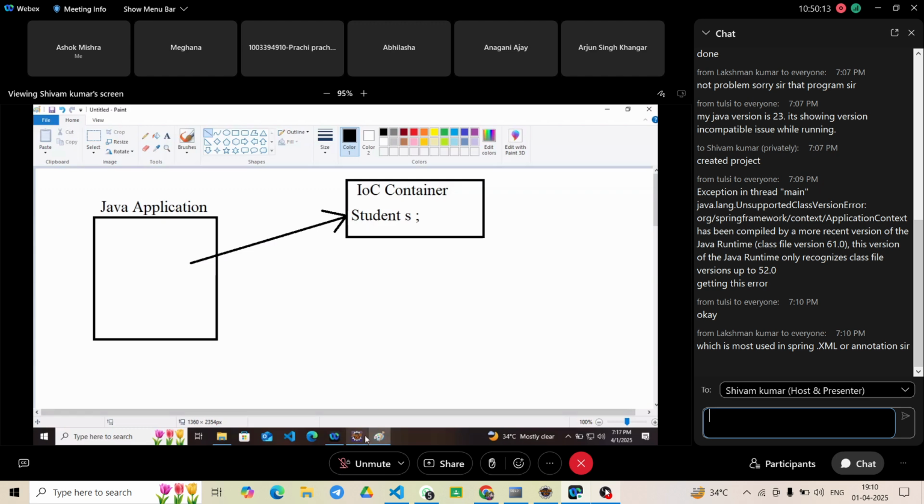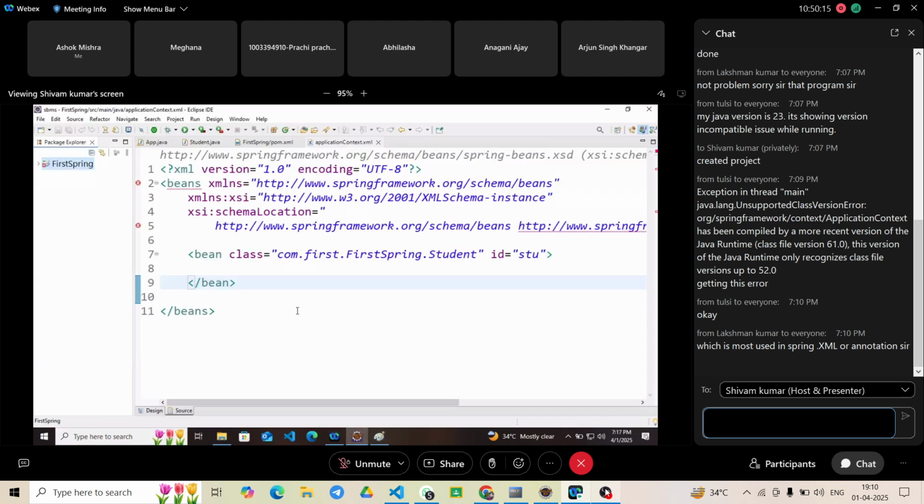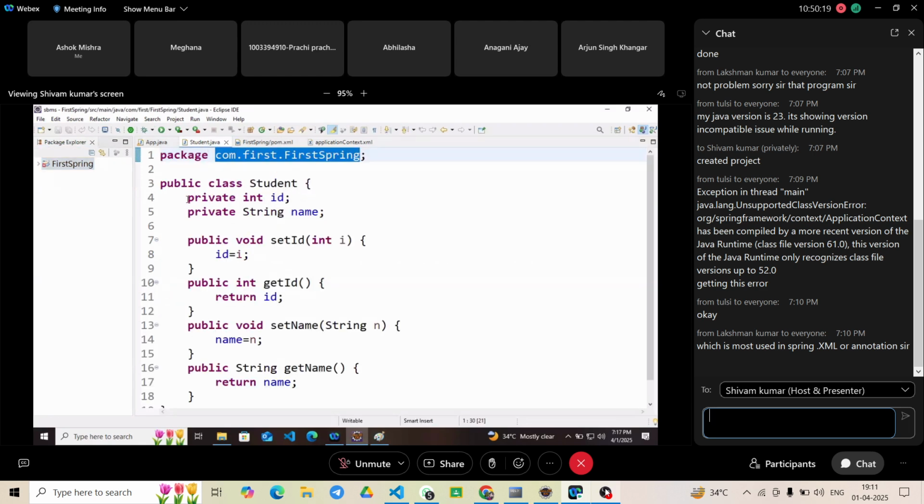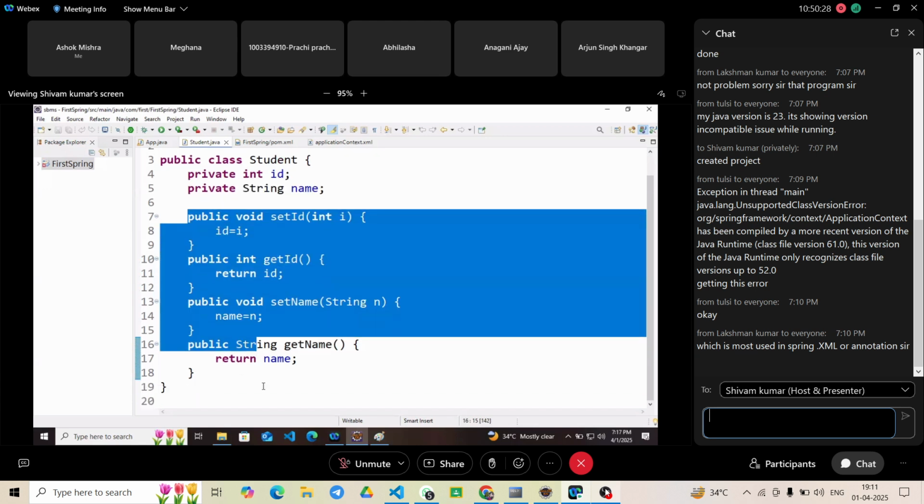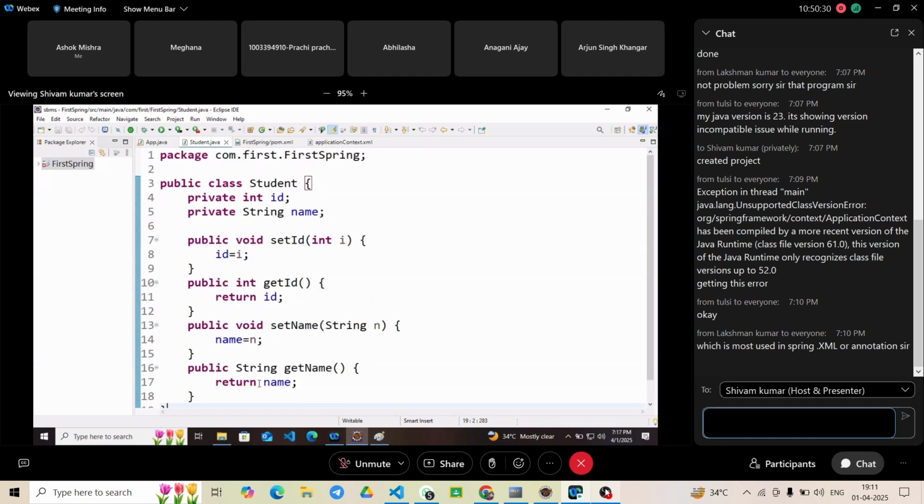I will create a very simple program. Let's say there is a student class in which we have private int id and private String name, along with the getters and setters. So now, can we set the static values? Before that,